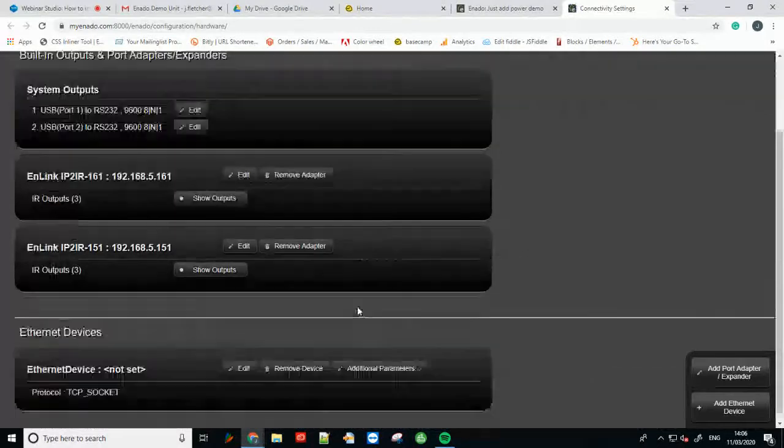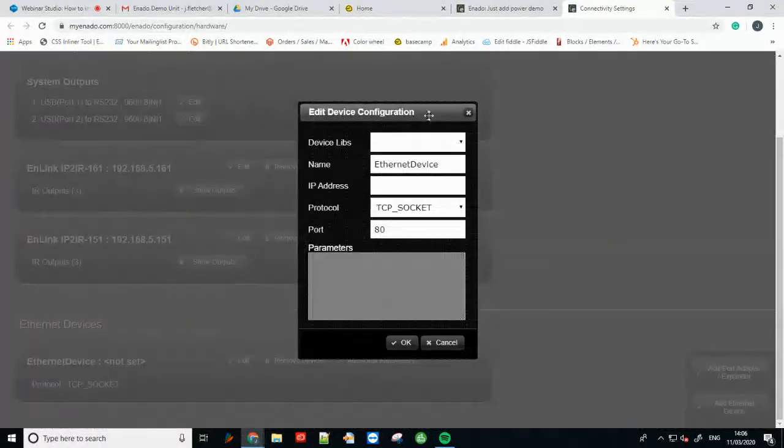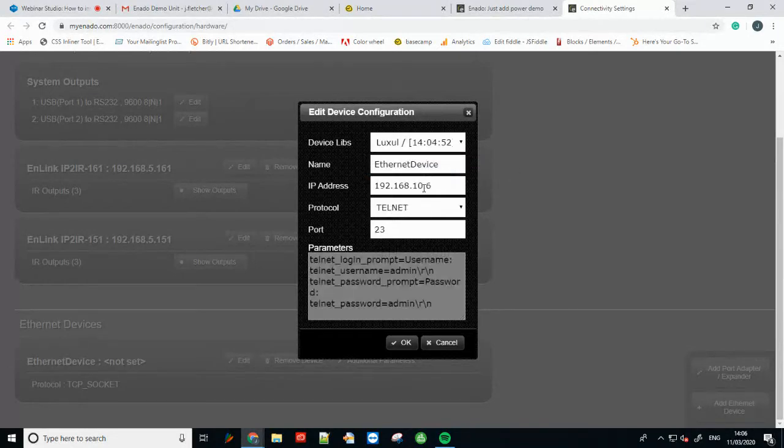Where's it gone? It's adding, let's give it a second. An Ethernet device. So it's now going to show us all the available Ethernet devices we could add to it. So at the moment, because the only information we've got downloaded on the system is for the Luxor switch, we're going to add that in. We're then going to put our IP address of the switch in. If you remember,